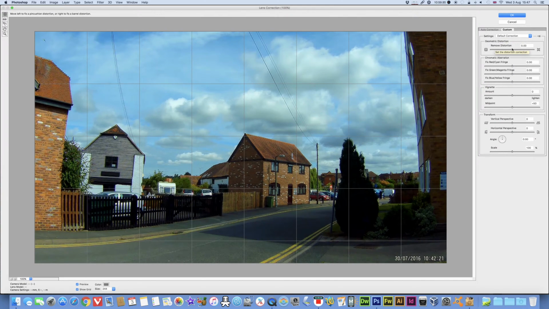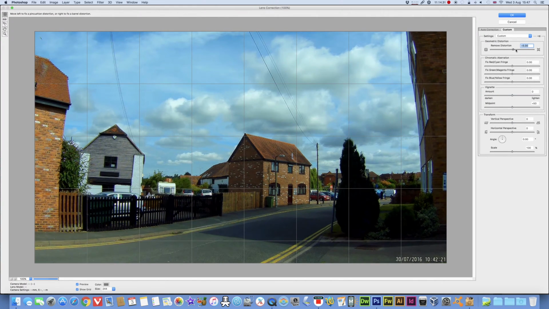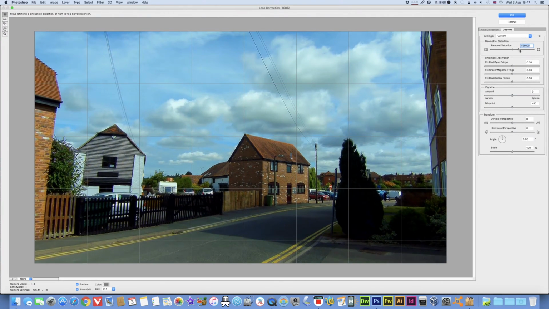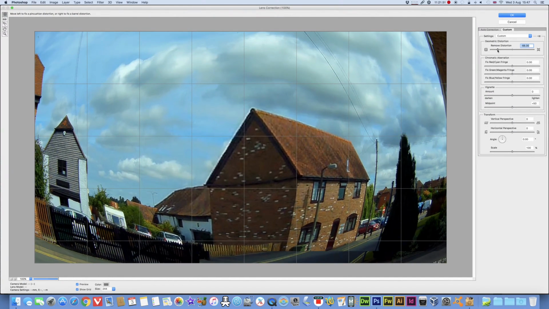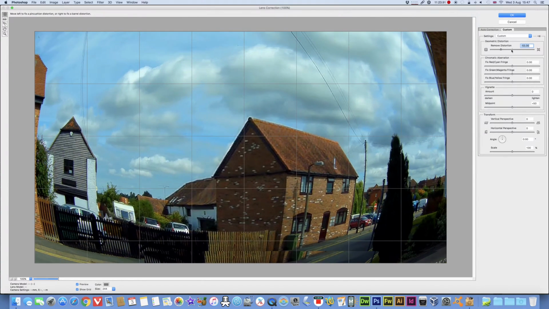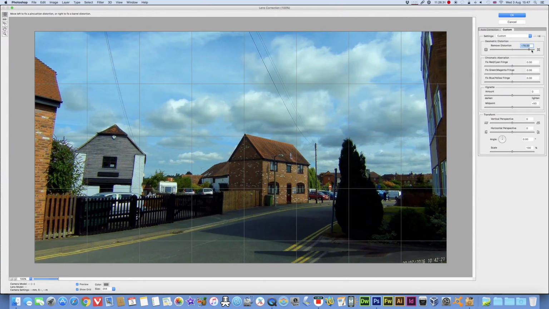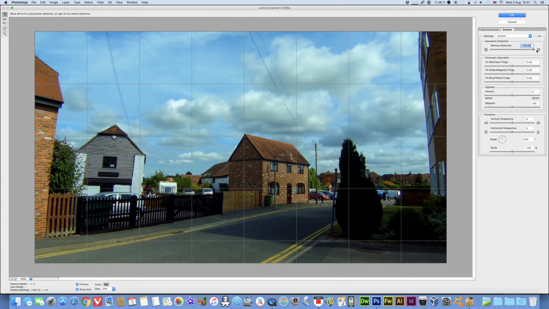Now, remove distortion is the first box, right, and you've got a picture of a squidged film there, top and bottom, and a full one there. So again, play with the slider. It's going to be different depending on your camera. You see, if you move it this way, you get much more fisheye. If you move it out this way, you get less. Okay, and there's options here for chromatic aberration,